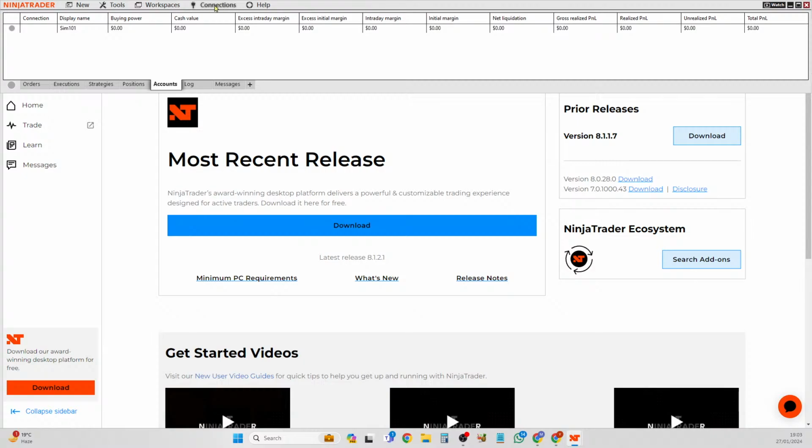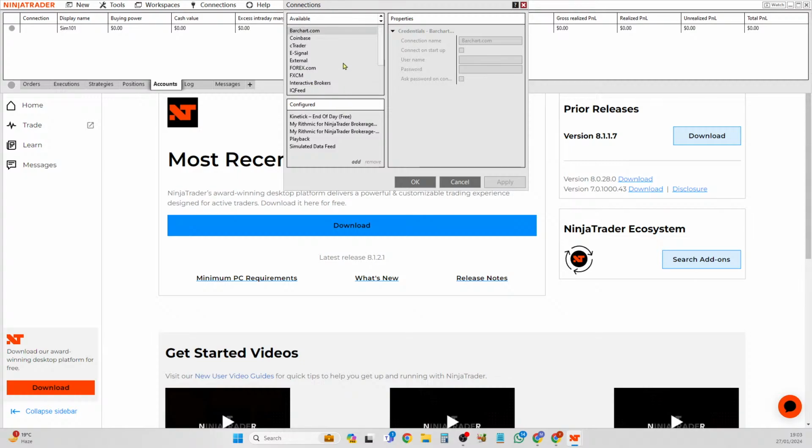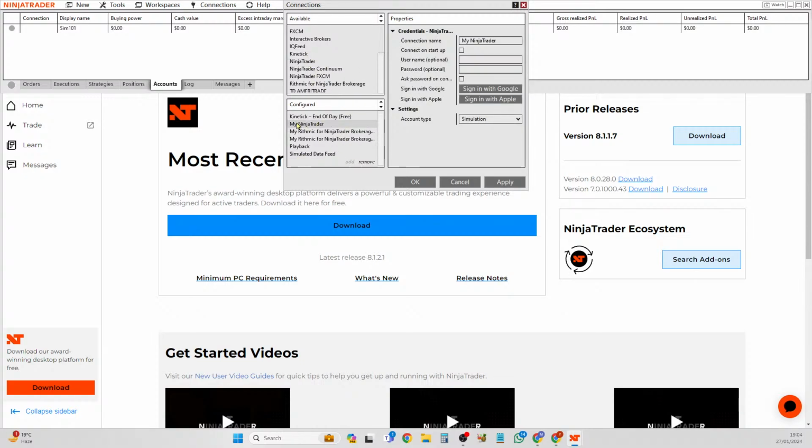Now, first thing is you'll have to configure the connection. You require data feed coming to your charting platform. So you want to connect these accounts, the demo account that you have created over here has to show up here. So how you get that is go into connections and then to configure button. And from this available connections, go down to Ninja Trader and click on add. So now this gets added to the configured window. Now from Ninja Trader, just put in your username and password that you had set up for creating the demo account